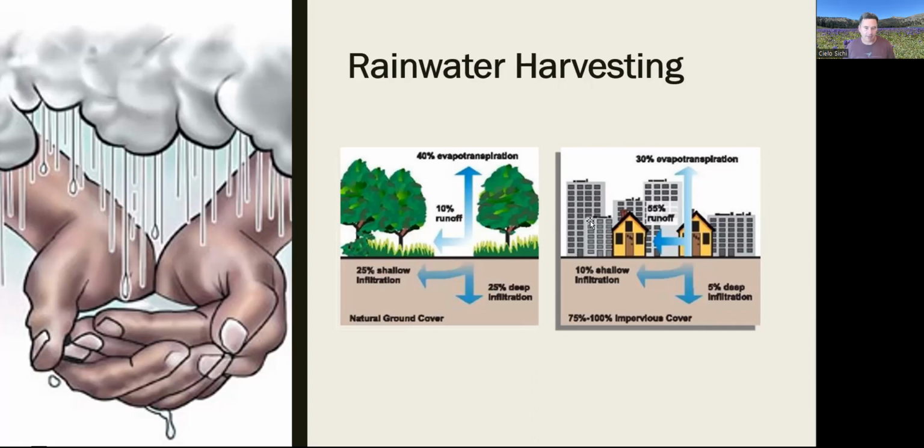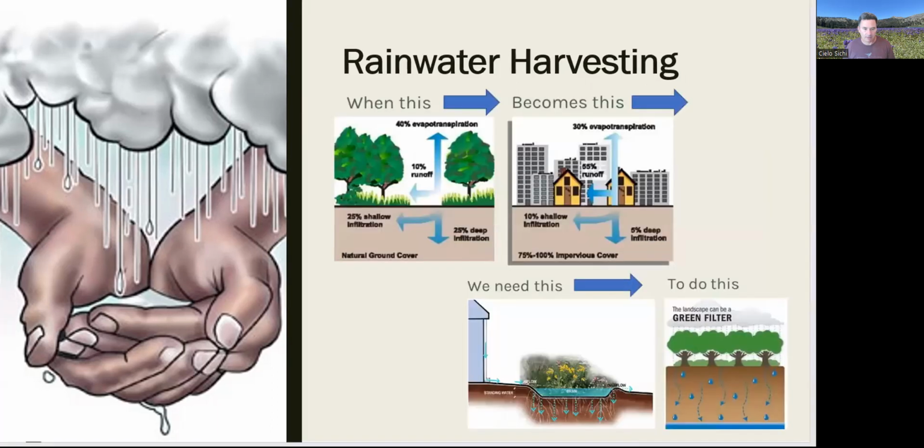So when we have this condition, when this becomes this, we need some strategies to do this. Okay, so we can't really reverse this urbanization. We can make better choices moving forward with how we build, with low impact development and green stormwater infrastructures, etc. But for 100 years or more, we've been urbanizing in a way that significantly increases runoff and our pollutant loads